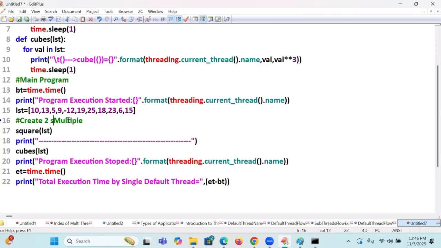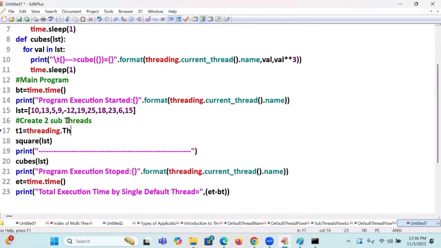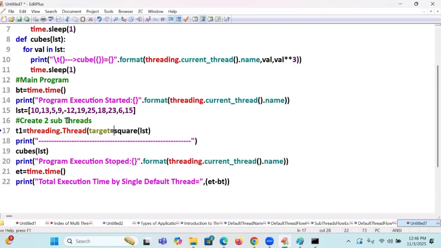How do you create? T1 is equal to threading dot Thread of, I'm going to write it. Target is equal to square, and args is equal to. Args stands for arguments. Another keyword argument I am passing in the form of a tuple, you need to pass. Tomorrow class I will explain that again. Today you need to get keyword arguments. These are the names of the function. To that function, what is the parameter? That parameter is to be passed in the form of a tuple. Tuple means single value, comma you need to write. That is called a tuple representation. This is for what?